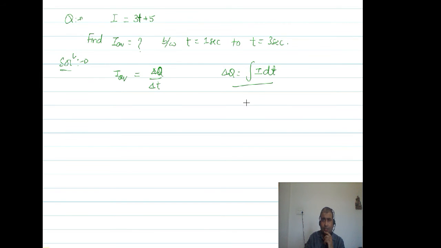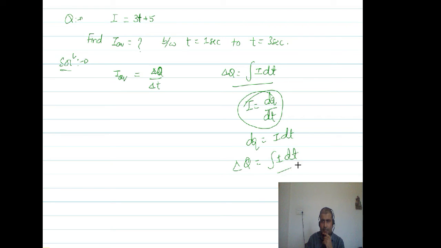Okay, as you all know that I am doing this as a rough part. So I is what? dq over dt. We all know this. In order to find q, what we should do? We should write like this, and from here delta q will come out by integrating this current with respect to time. So many of you will do like this, but I would not suggest you to follow this equation in this particular problem.